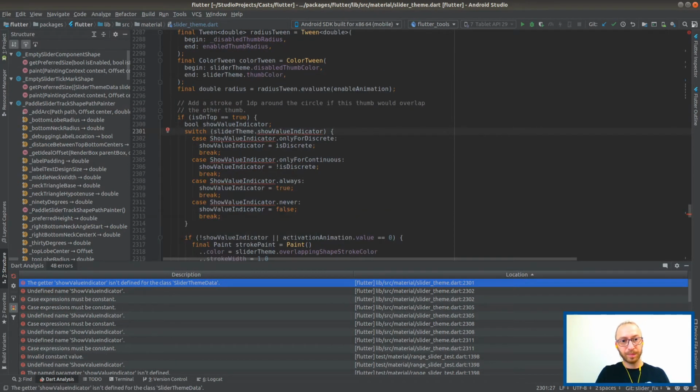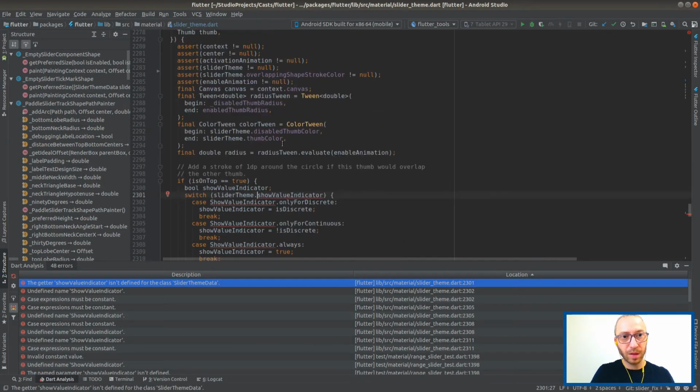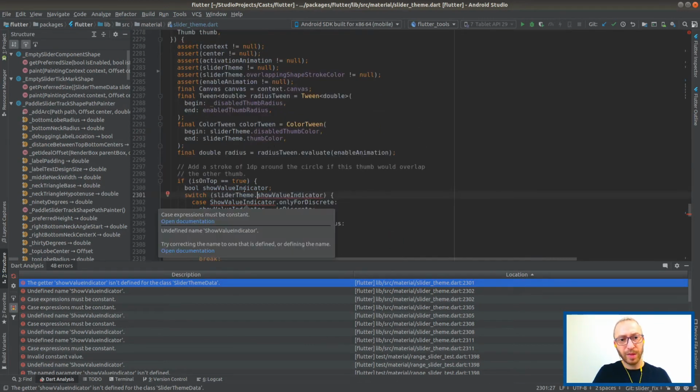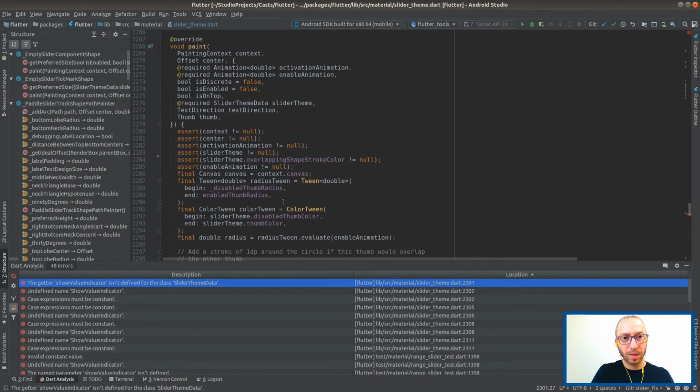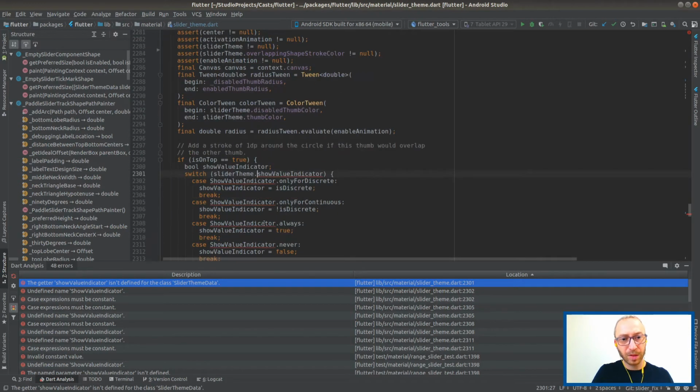Okay, on top of the circle if this thumb would overlap the other thumb. So I guess this means the other thumb. How many thumbs are there? What thumb? It's weird.